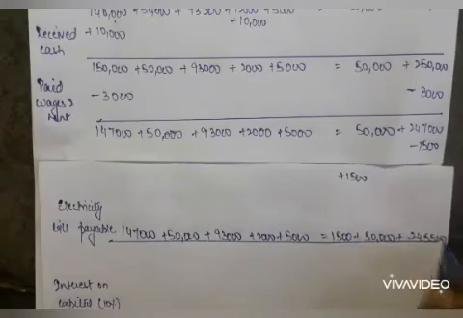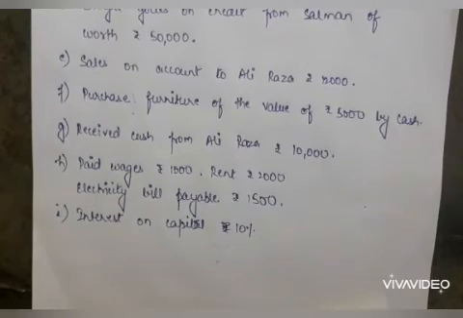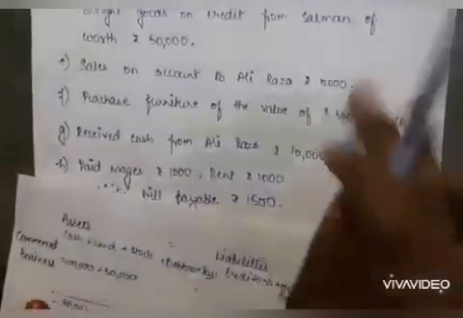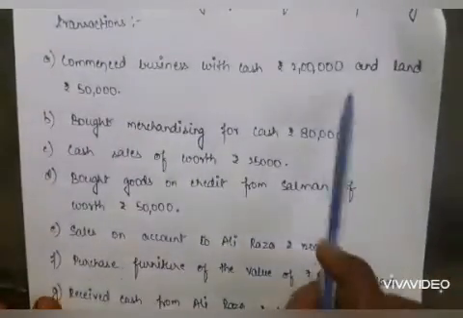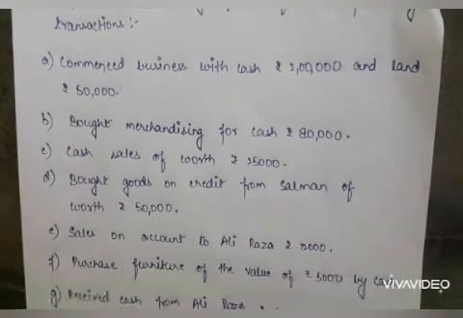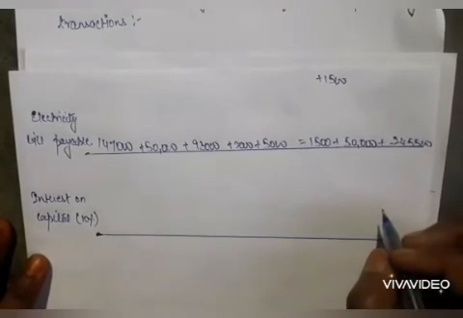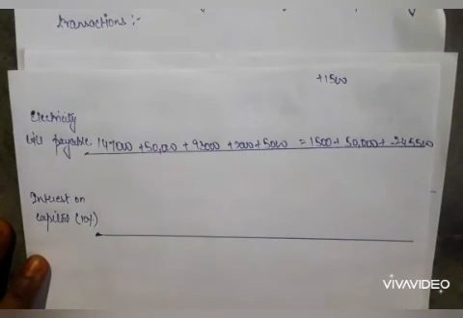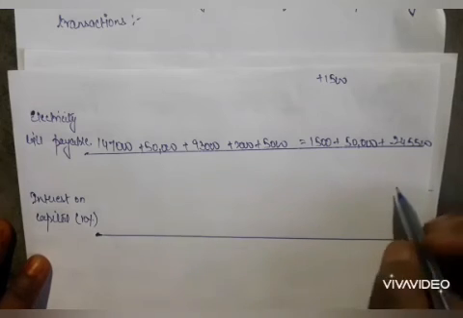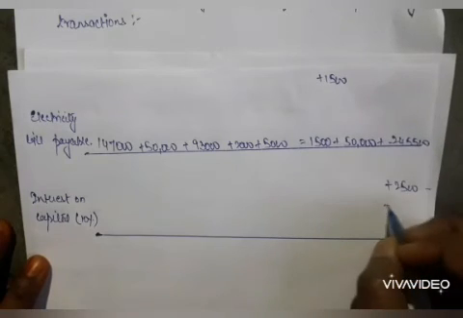it would be 2,45,500. So this is our equation till now, and the last transaction that we have is interest on capital 10%. What was our capital in the starting? The capital we had in the starting was 2 lakh and land 50,000, so 2,50,000. If we calculate 10% of it, it will become 25,000. So for interest on capital, we have to subtract it from capital and add it to the capital itself, meaning both things will be done in the capital part, so here we would be doing plus and minus the same amount.